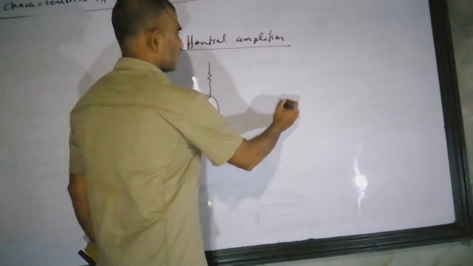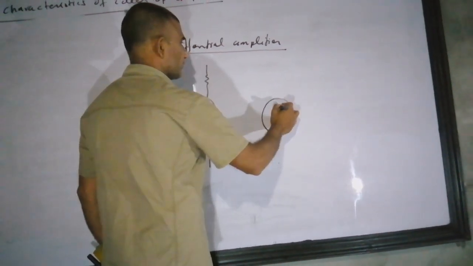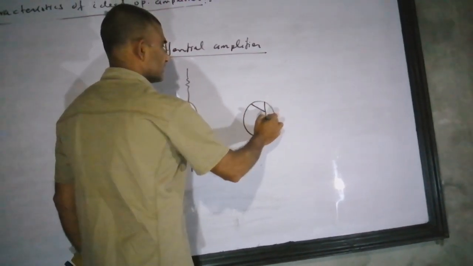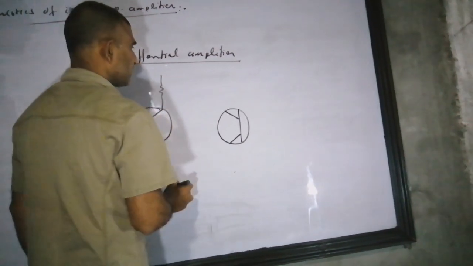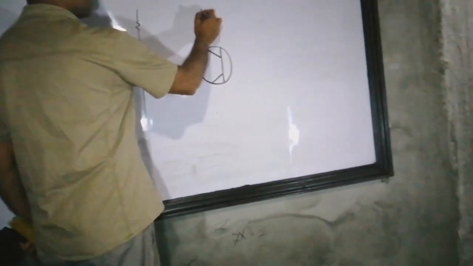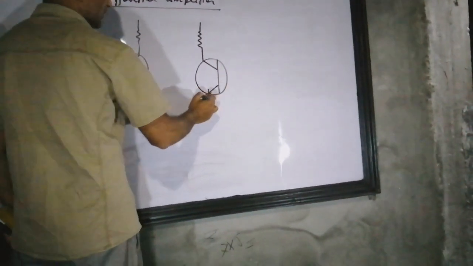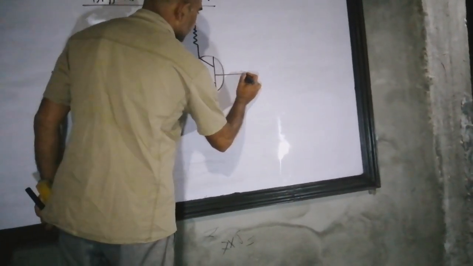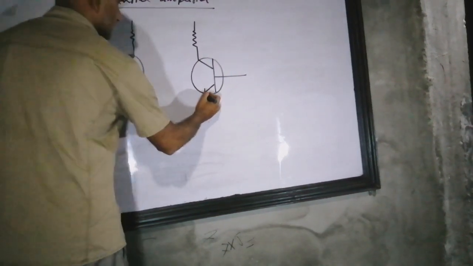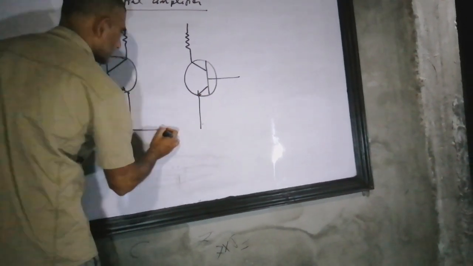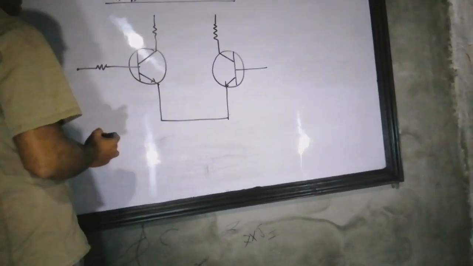Another I have to make as a copy of this. Actually, they are a 100% copy, perfectly matched transistors, meaning there should not be any difference. Both should be similar in all respects. That's called a perfectly matched transistor. Both transistors which we have taken are identical in all respects.